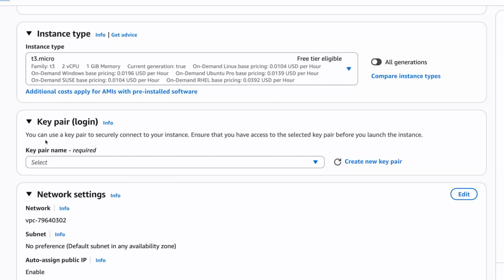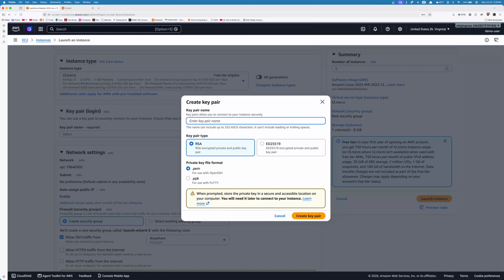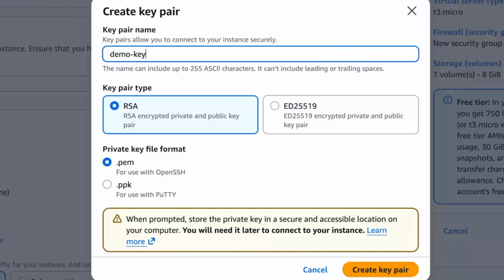Key pair, you need a key pair. This is like your secret key, and we'll talk about that in the actual app. There's more information that you can read about this. We're going to create a new key pair. That's right. Here we go. New key pair. Key name. Now let's just do demo key pair EC2. It doesn't really matter. Demo key pair EC2. And now key pair type RSA and then .pem, because we're going to be SSHing into this,